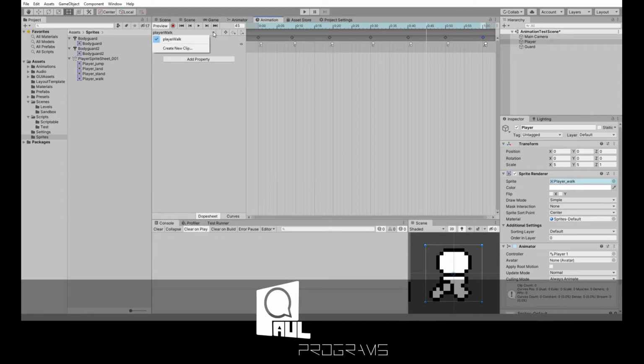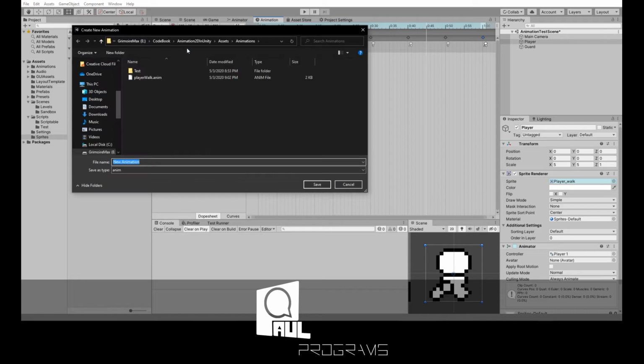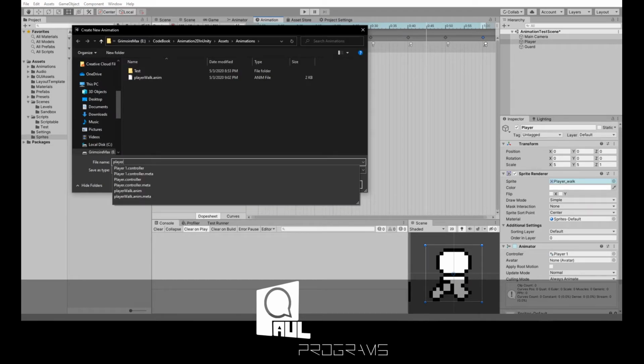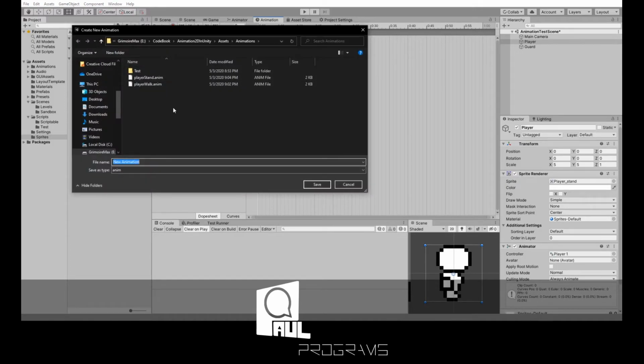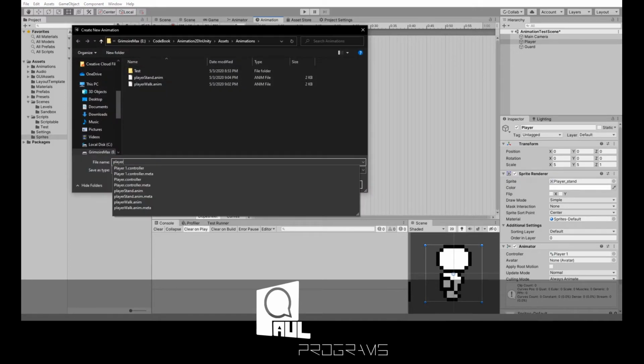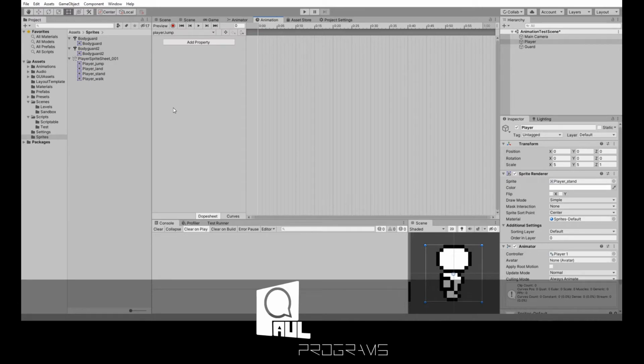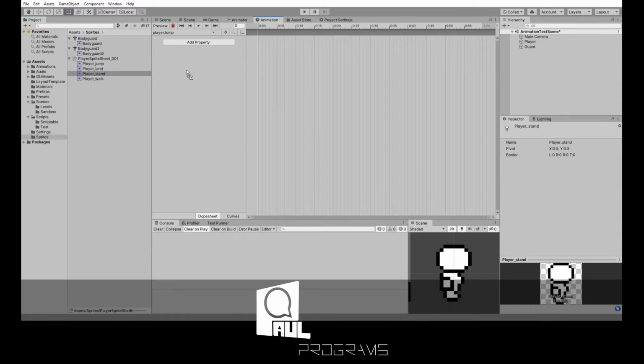To add more animation clips, you would hit create new clip. So if we want to do one for standing, we can do a player stand one. And then if we want to do one for jumping, we can do one called player jump. And the same as before, we can either add a property or we can actually just drag our player sprite right in there, and it handles all the work for us,